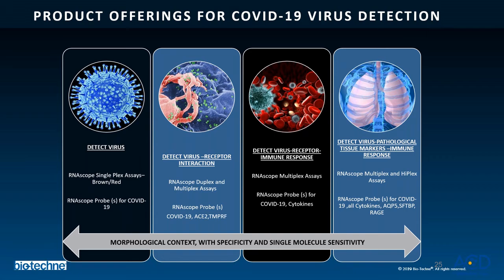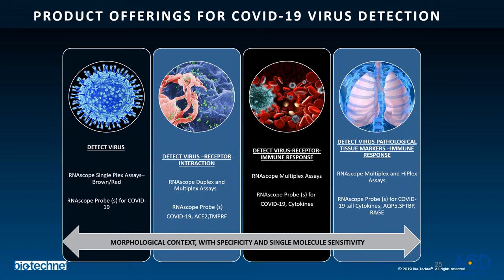And lastly, you can also look at some histopathological markers, really highlighting the need for an assay that allows you to look at your data in a tissue context and look at the changes that happen in patients pre and post-infection. And so with our specificity, sensitivity, and the morphological context, you really can study this broad range of viral